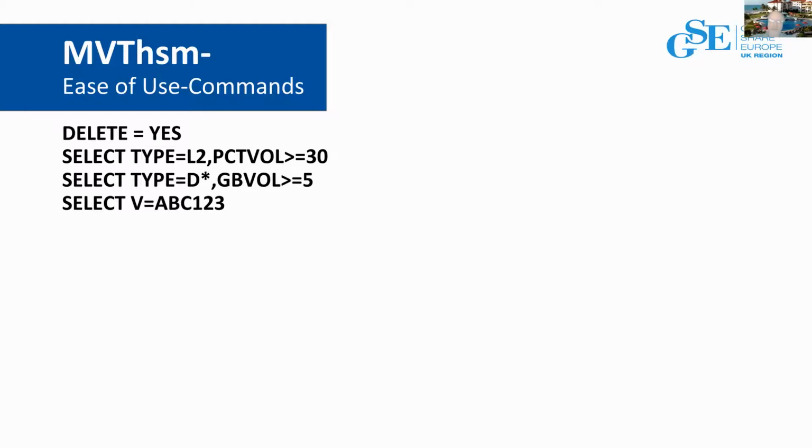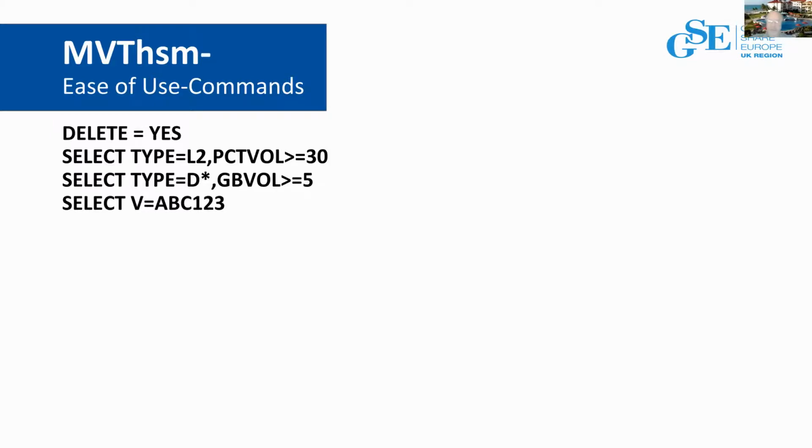Now, the reason we do this is this allows you to run some reports, see what's going to happen in your environment. It allows you to actually run the process on a very limited scope, so you can run it against some of your test vol sers that are part of HSM before you actually go live with it. So it gives you a lot of control of the environment and a lot of control of the reports that we generate. And I'm going to start showing you some reports.